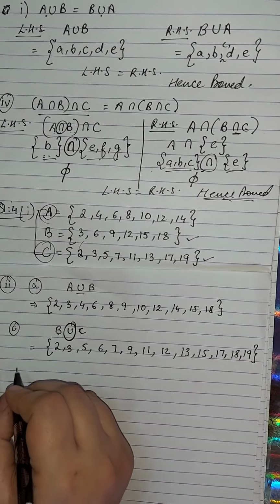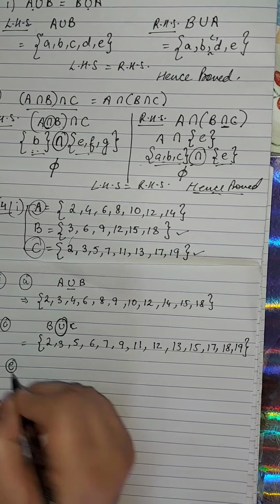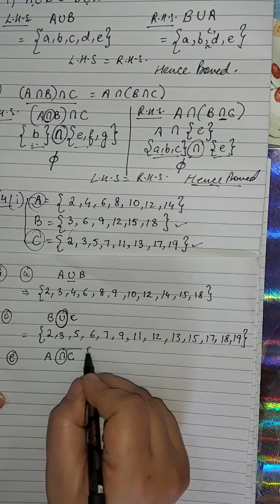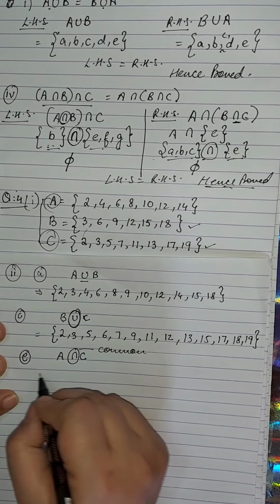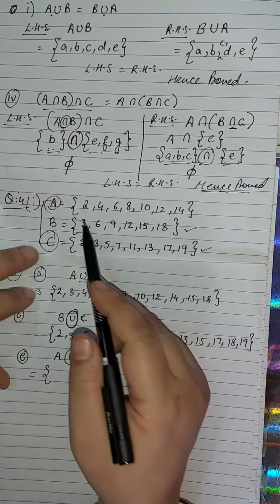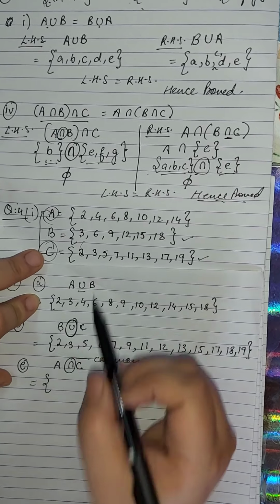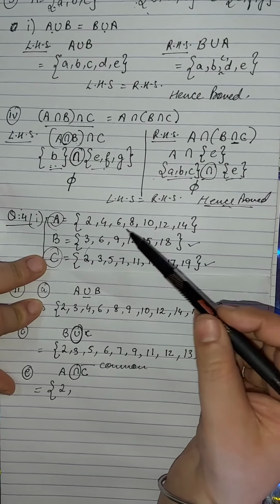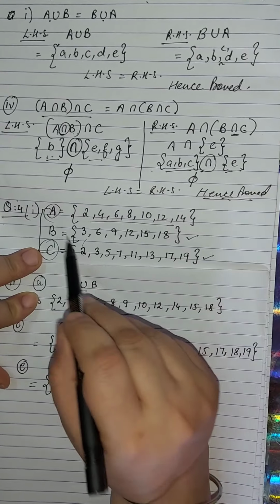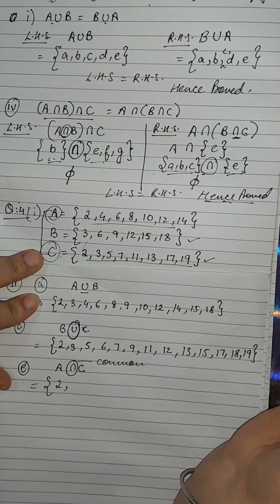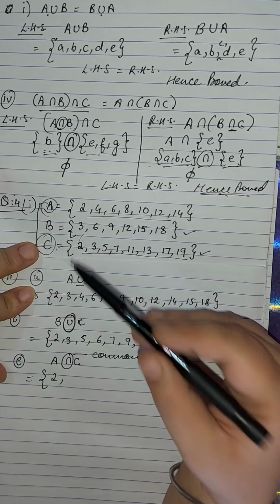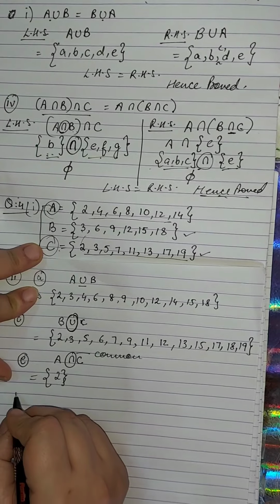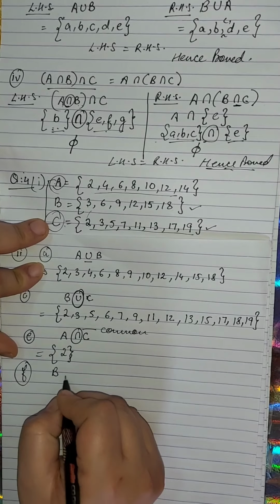Now if we come to the intersection, if I am taking the E part, A intersection C, we have to find the intersection, that is we have to find common elements in both these sets. So what are the common elements in A and C? 2 is there in both these sets, so 2 is an element. Then which element is common in both these sets? यहाँ पे A और C set में कौन सा element common है? Only 2. There is only 2 which is common in both the sets. So it is 2.